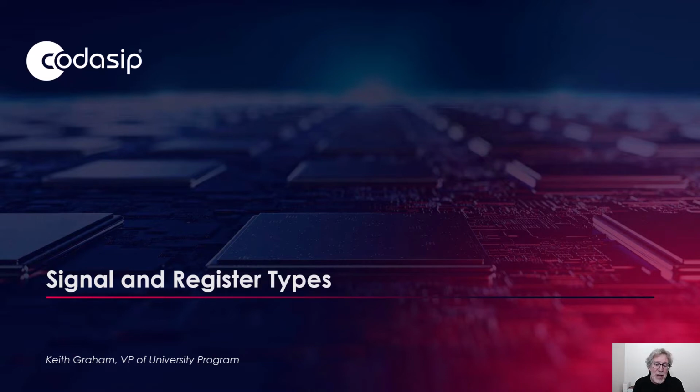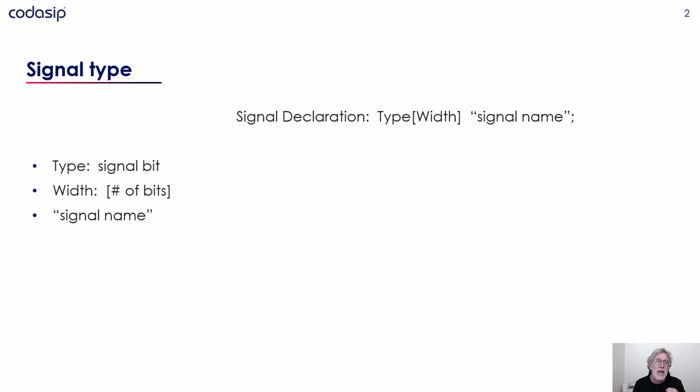Now let's take a look at the first one, which is the signal type. The signal type is used to define a signal which is connecting 2 points. There's no storage element, it just connects 2 points, so it's a signal. And to declare this type of signal, we have the format right here. And an example would be